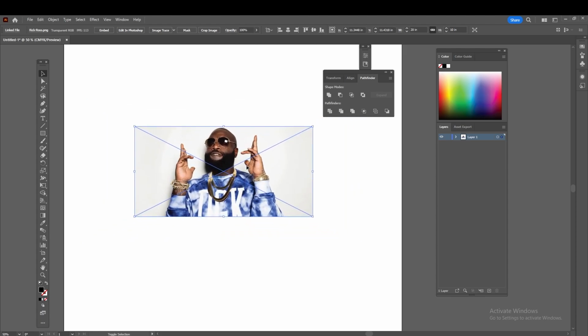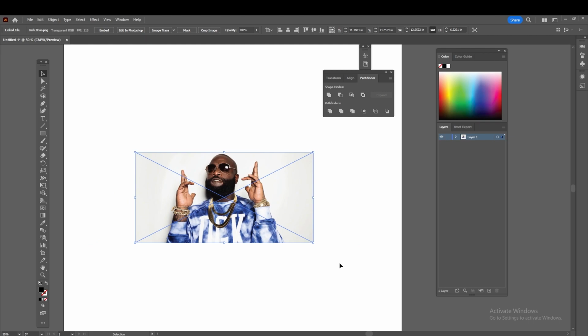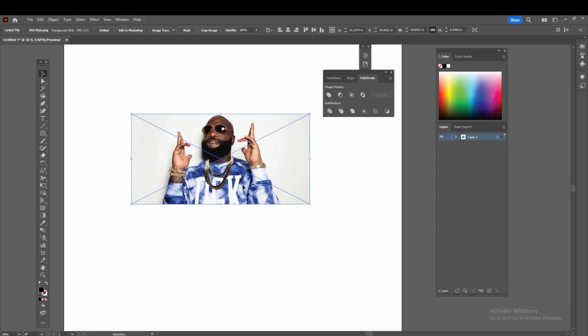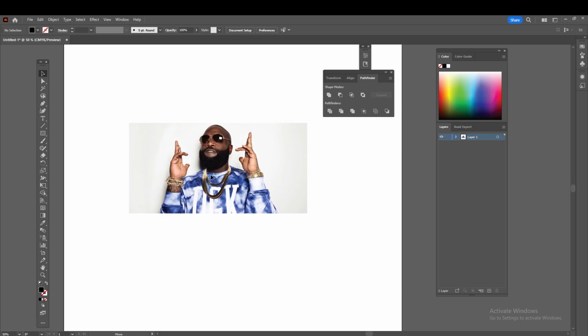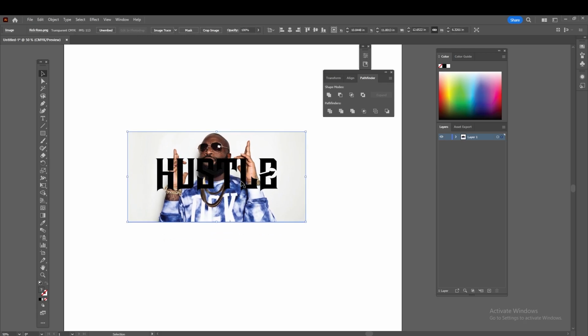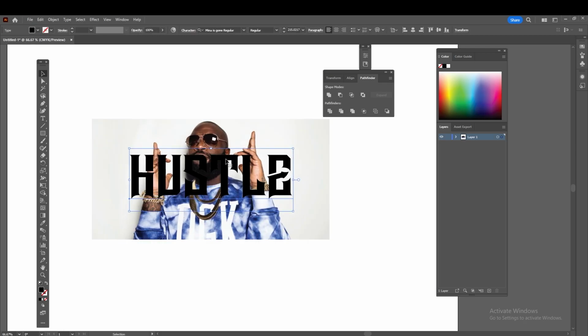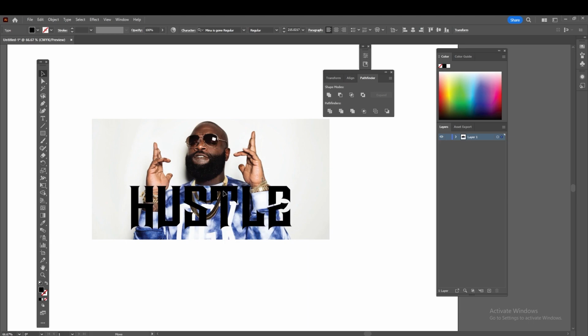It's got that X in there. That means it's not embedded into the document. If you want this to be embedded, which means if somebody else pulls up your AI file or this document file, the picture won't be missing, you want the picture to travel, so click Embed up there at the top. That's how I like to do it. So this hustle, I kind of want this hustle to stop right here,